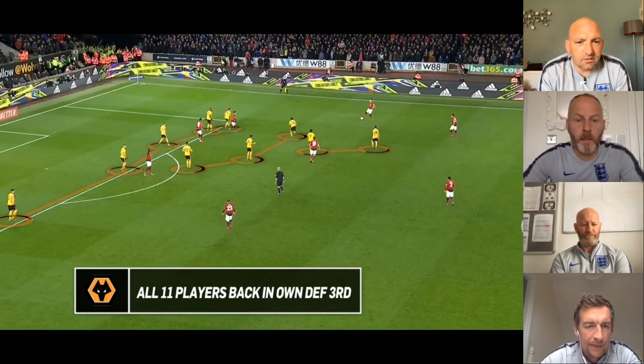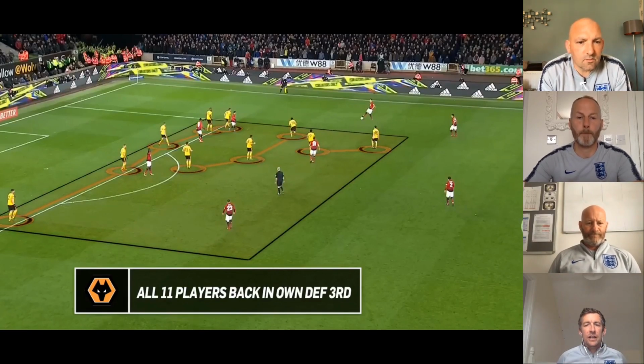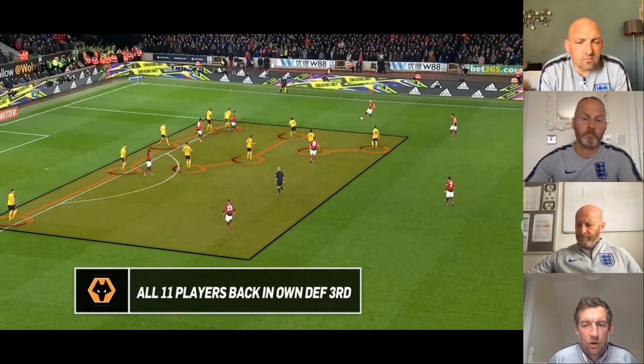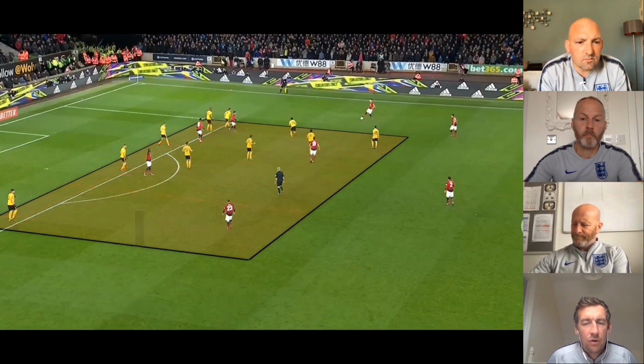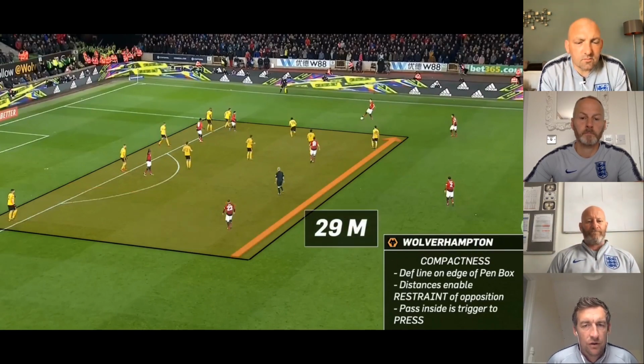Yeah, absolutely. One of the benefits from a physical point of view is that it makes it tight for the opposition to play around. But if a player does need to close some space, that space isn't very much. So you're helping your players to conserve energy by keeping those spaces between players and lines tight. So tactically, is that what they do, all back and very compact, hard to beat, but narrow spaces which allow that sort of resting period during the game, so they can get their energy back up, ready for that counter-attack when they